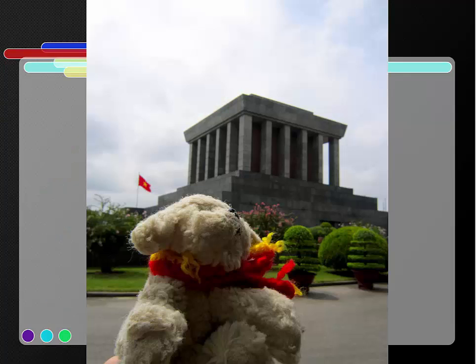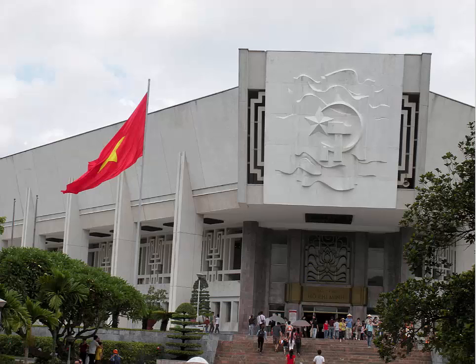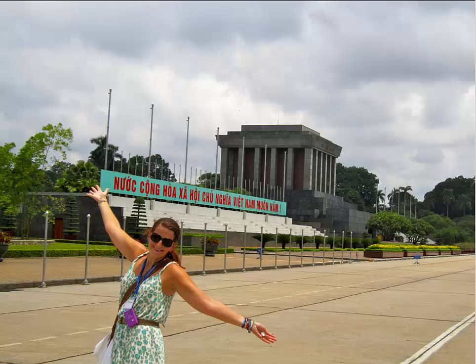And I just wanted to show you quickly. Remember I told you how in Vietnam, Ho Chi Minh is kind of preserved like Lenin. I couldn't take any pictures of the tomb inside, but that's the tomb of Ho Chi Minh outside, and there's Liam hanging out. This is the grounds in Hanoi around the shrine to Ho Chi Minh. And there you can see, there's me doing my pose.